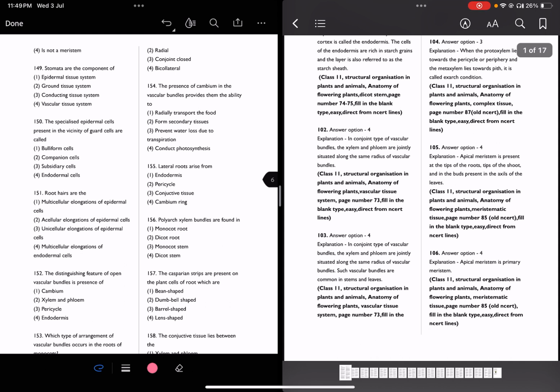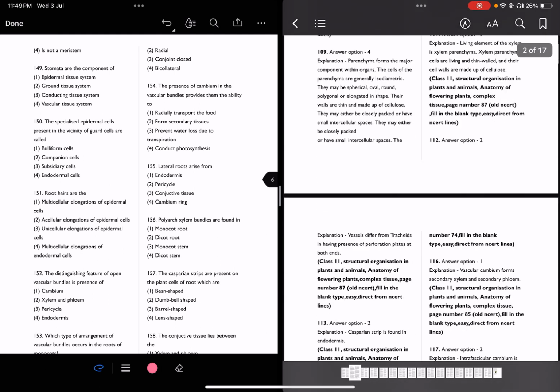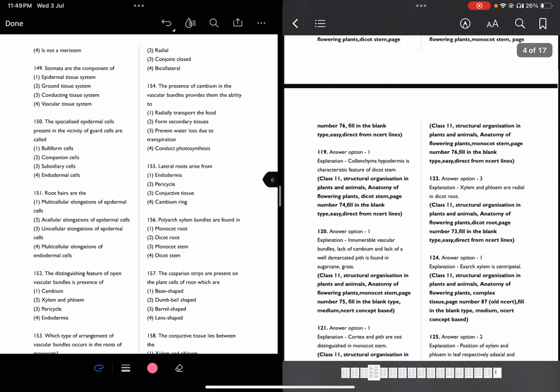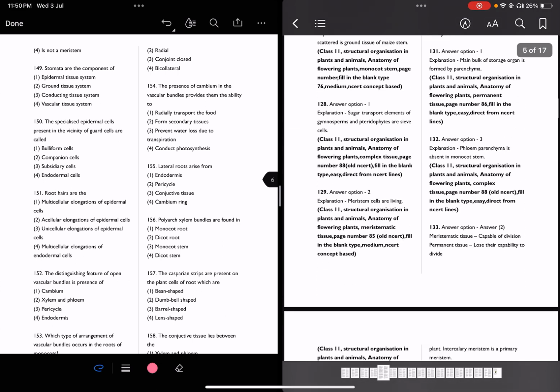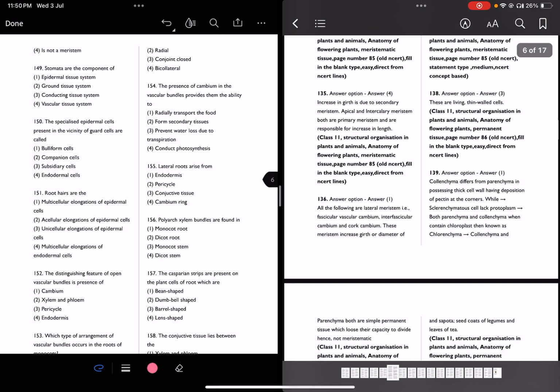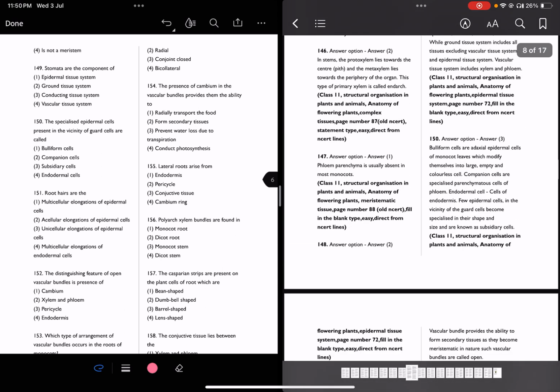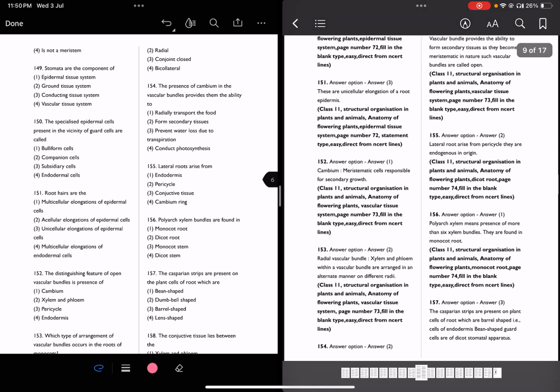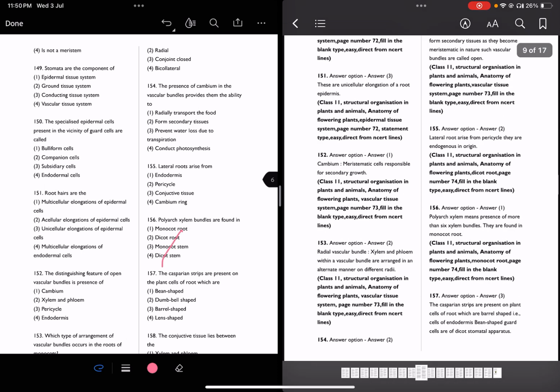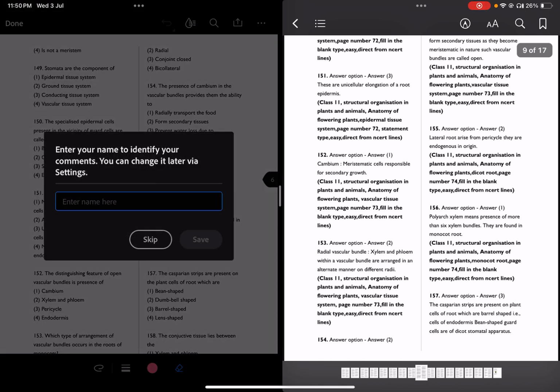So today our solution of BPT number 10. Here I will assist you in the solution of BPT 10. My allotted questions are from 151 to 200. So first read the question carefully and then we proceed to